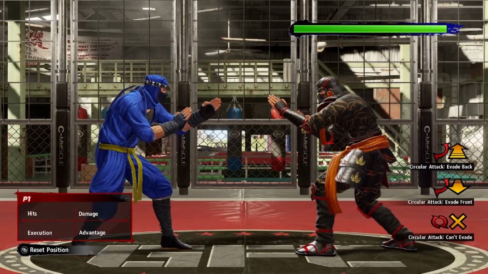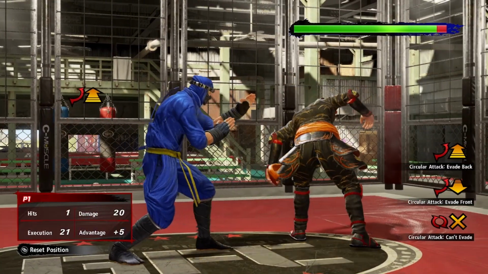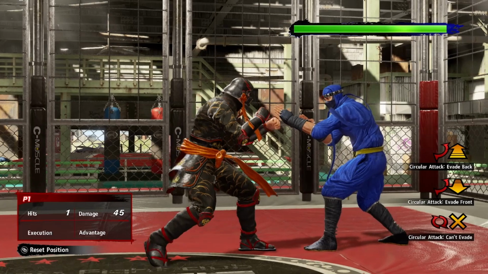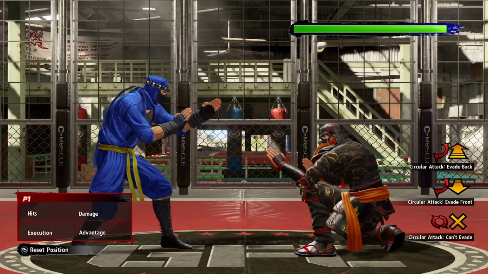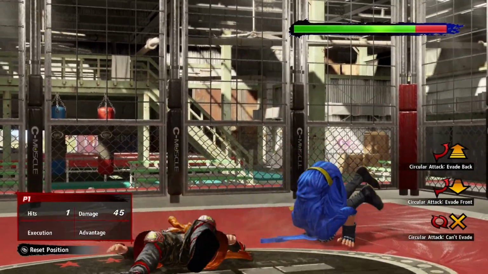Next is 6P+K. It's kind of a slower move, but the cool thing about it is on hit, you can go for a guaranteed grab. Like, they can't duck that or anything. So as you can see, I have the dummy crouching, and I'll be able to get the guaranteed throw after. And that's